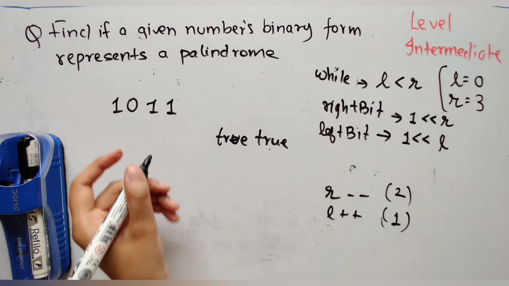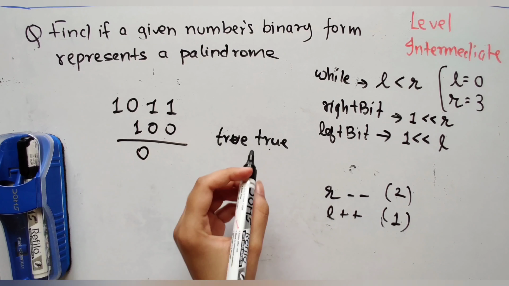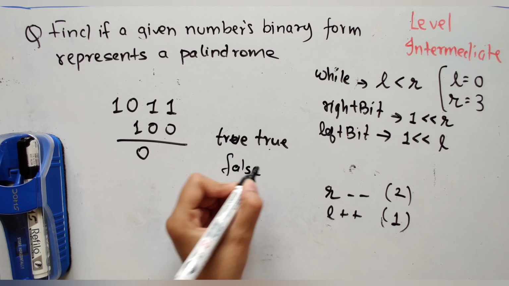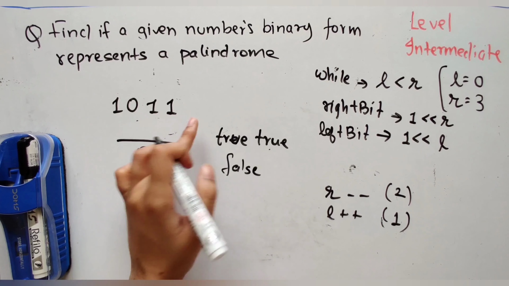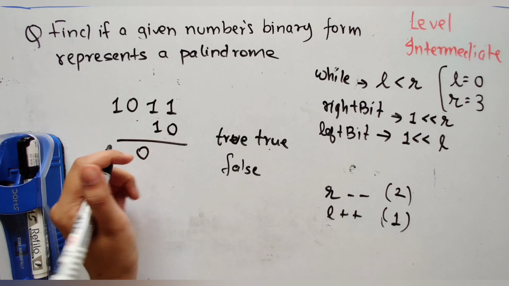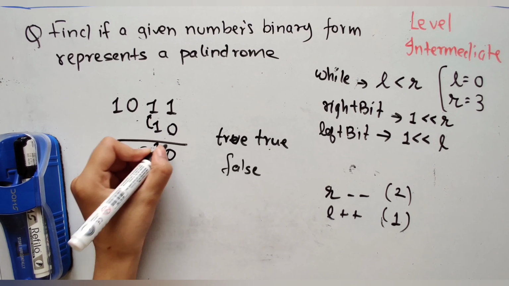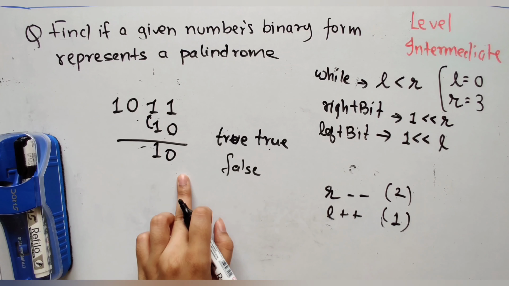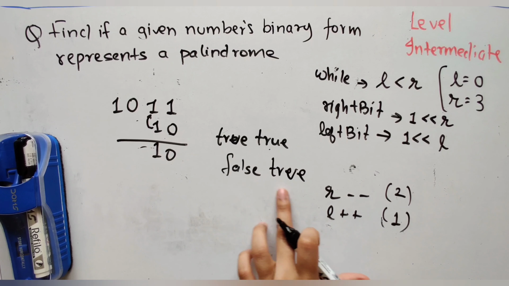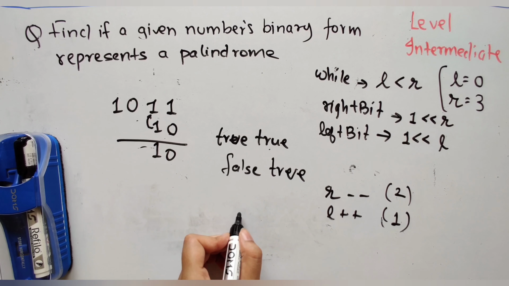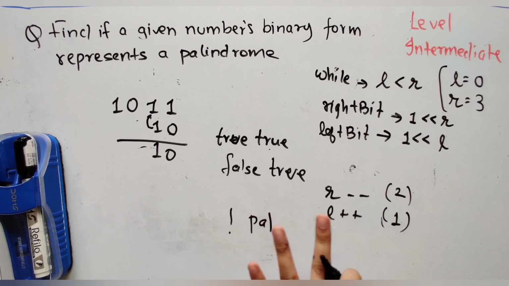If I left shift 2 times, 1 0 0. What is this going to evaluate to? 0. Therefore, it's going to evaluate to false. Okay. And left shift by 1 time, that means 1 0. What is this evaluating to? The bit on top of it is 1, right? So it's going to evaluate to 1 0. This is not 0, right? The entire value is not 0. So this is going to return me true. The moment these two values are not same, I'm going to return that it's not a palindrome, right? Not a palindrome. Therefore, yeah, this is how you can solve this problem.